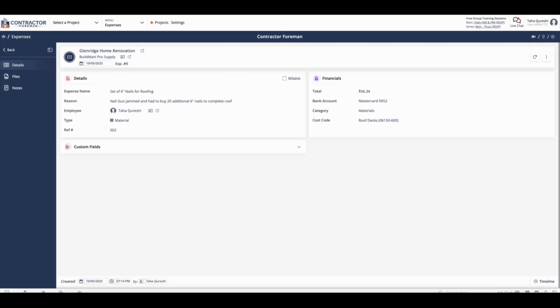For expenses, expenses are only for incidental, unplanned, and miscellaneous costs. This could be fuel or mileage reimbursement, a broken tool replacement, or if your crew did a really good job one week and you want to buy them all lunch on Friday afternoon, a crew meal would be an expense. It's when there's not a purchase order or a subcontract for it and it was not part of the original project estimate. So with that, we can now go ahead and close out this video,